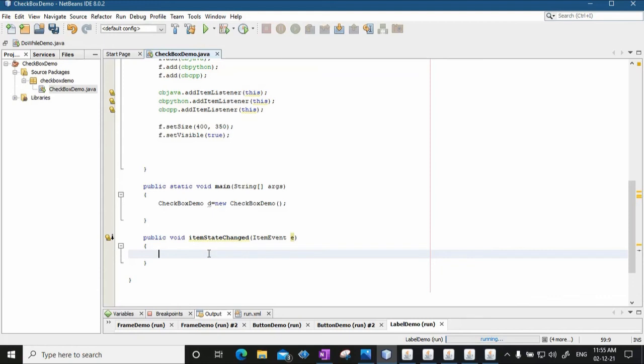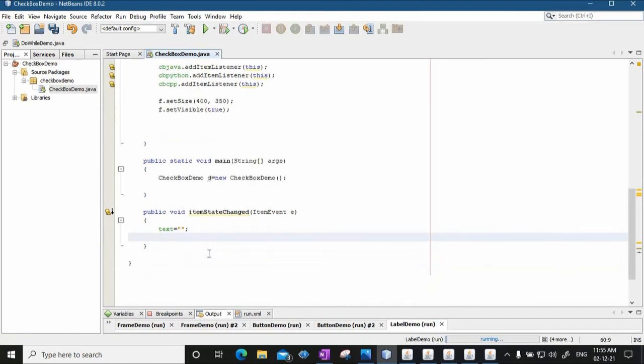Okay, so let's define this. First of all, the variable text which we had taken, let us set it to null. Now next, what we are going to do is, once particular checkboxes are checked, below this particular form there will be a message box that will display which checkboxes are checked and which are unchecked.